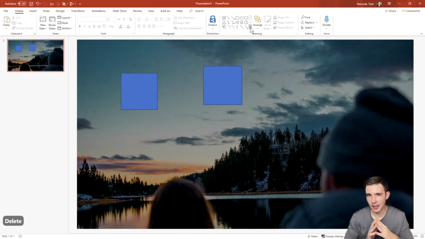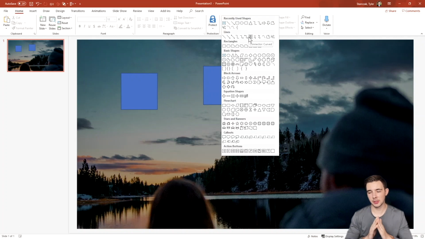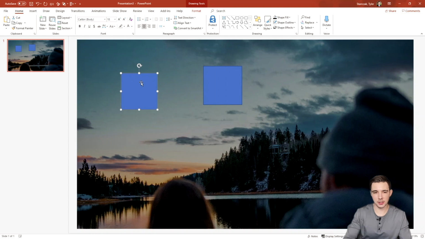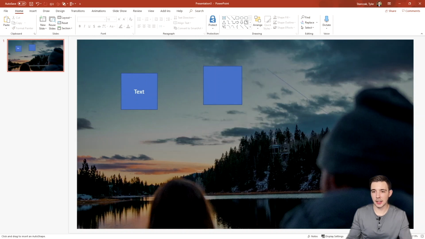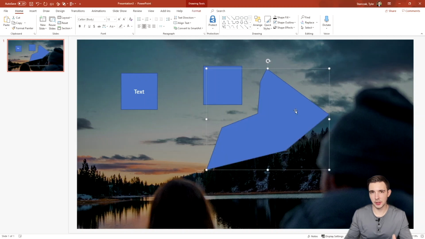Another thing I want to show you guys is actually the difference between some of these shapes in this drop down menu. So as you can see here in my recently used shapes, there's a couple of shapes I use a lot, and there's a reason for that. One, I'm always adding in rectangles to either type in text, and if I insert a rectangle like this and then just type in text here, I can do that like so. I also can make freeform shapes if I go right here, and then I can just click wherever I want, and then it will make a shape for me. So that's another quick way to make custom shapes.